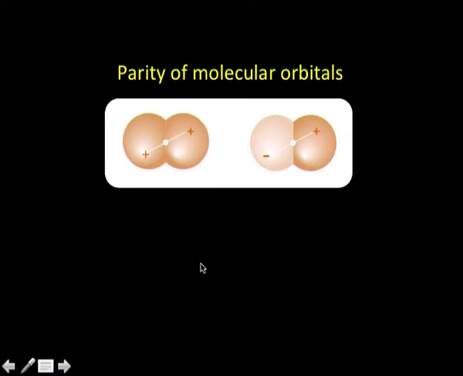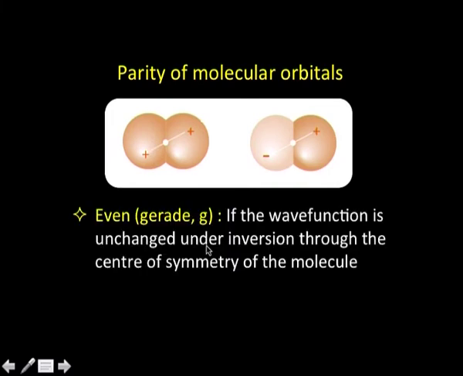Let us understand that. When you talk about molecular orbitals, they are essentially nothing but wave functions. If the wave function of a molecular orbital remains unchanged under inversion through the center of symmetry, that is, if I have this molecular orbital and this is the center of symmetry of the molecule, and I invert it and the wave function does not change, we call it an even function. The parity happens to be even, and it is called gerade,